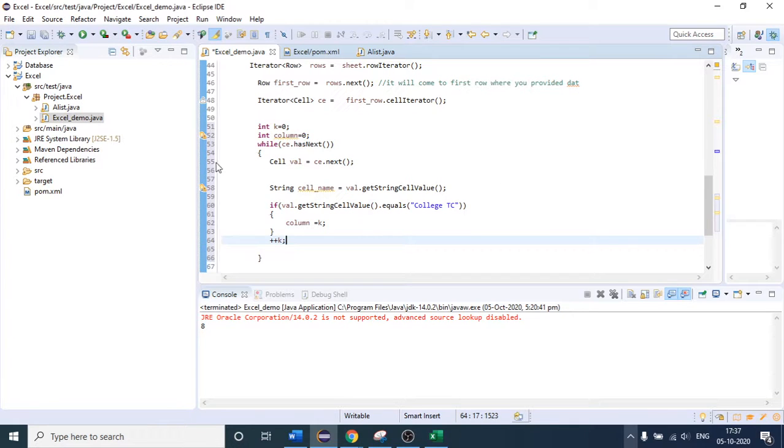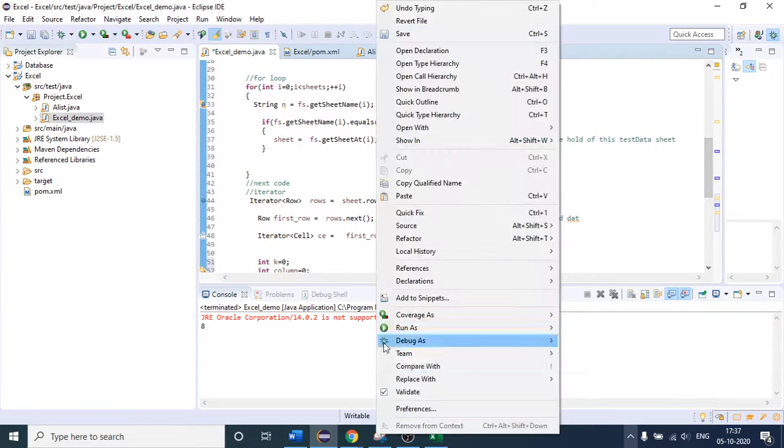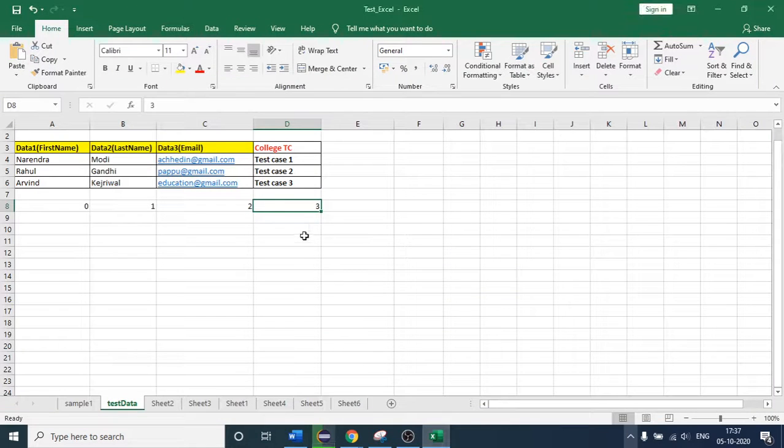As of now, I think we do not understand that. Let me first debug that code, then it will be clear to everyone. So let me first put some debuggers here as well. Okay, fine. Let me debug that again. I think I need to remove this.